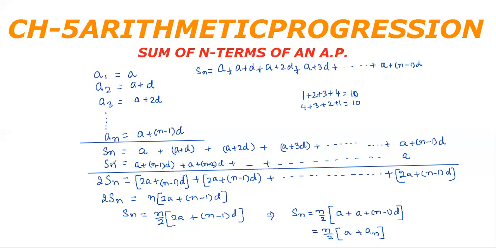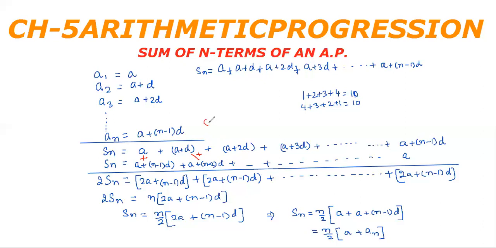Now let us add these two. This will become twice the sum of n terms. So twice the sum of n terms will be equal to the addition of these two terms. When you add these two terms, this will be 2a plus (n minus 1)d. Now add these two terms. When you add these two terms, it will be 2a plus d, taking d common, and this is (n minus